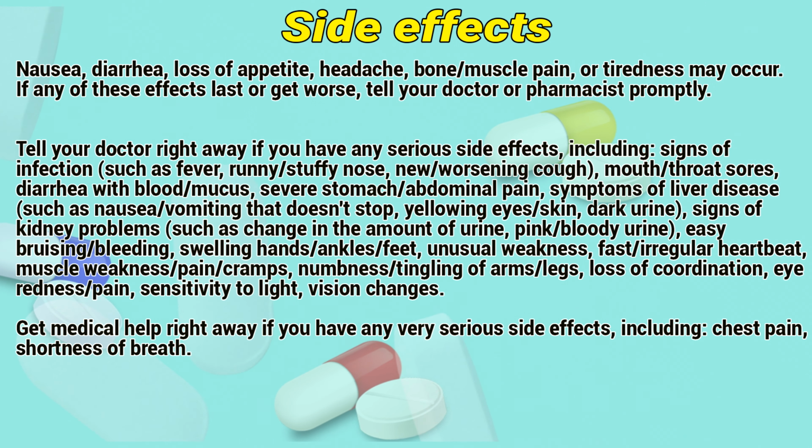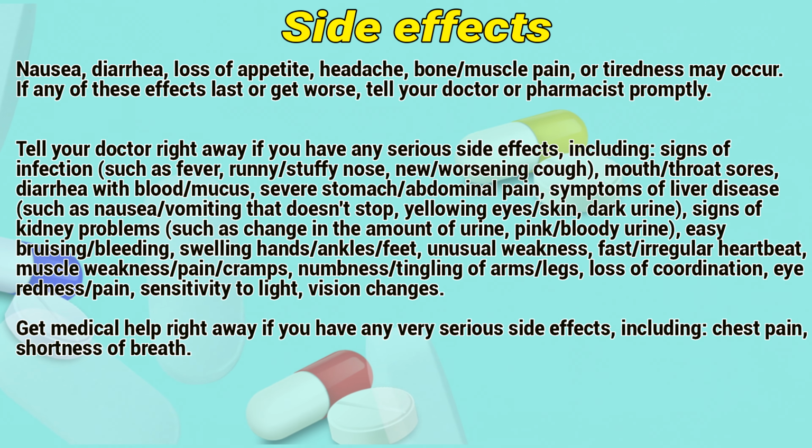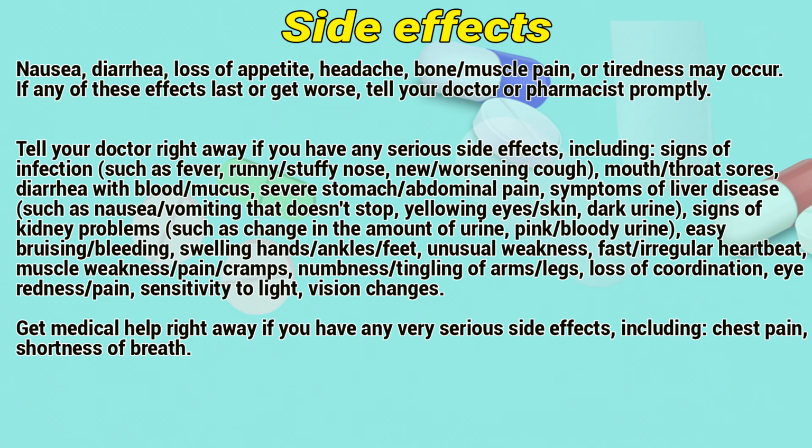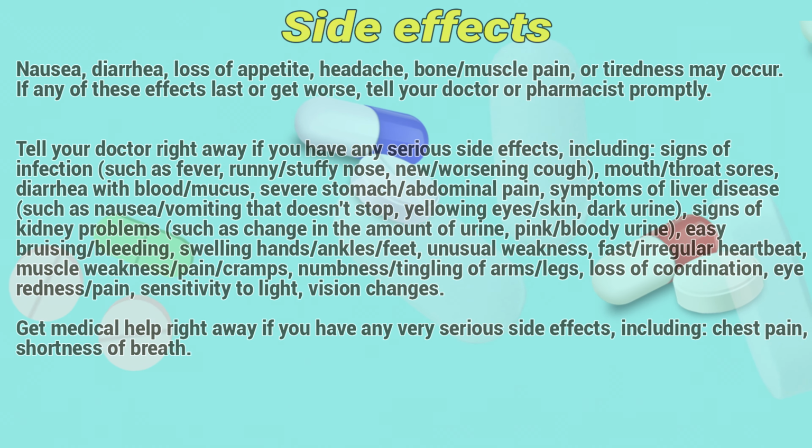Symptoms of liver disease such as nausea, vomiting that doesn't stop, yellowing eyes or skin, dark urine; signs of kidney problems such as changing the amount of urine, pink or bloody urine, easy bruising or bleeding, swelling of hands, ankles, or feet, unusual weakness; fast or irregular heartbeats; muscle weakness, pain, cramps; numbness or tingling of arms or legs, loss of coordination; eye redness, pain, sensitivity to light, vision changes. Get medical help right away if you have any very serious side effects including chest pain, shortness of breath,